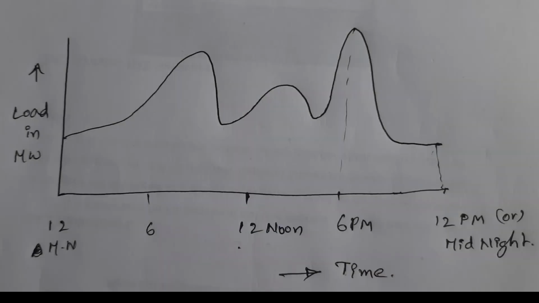The load curve helps in selecting the size and number of generating units. Load curves give full information about the load and help to decide the installed capacity of the power station and to decide the economical size of various generating units. These curves also help to estimate the generating cost, and to decide the operating schedule of the power station, that is, the sequence in which different units should be run. Okay, this is about load curve.